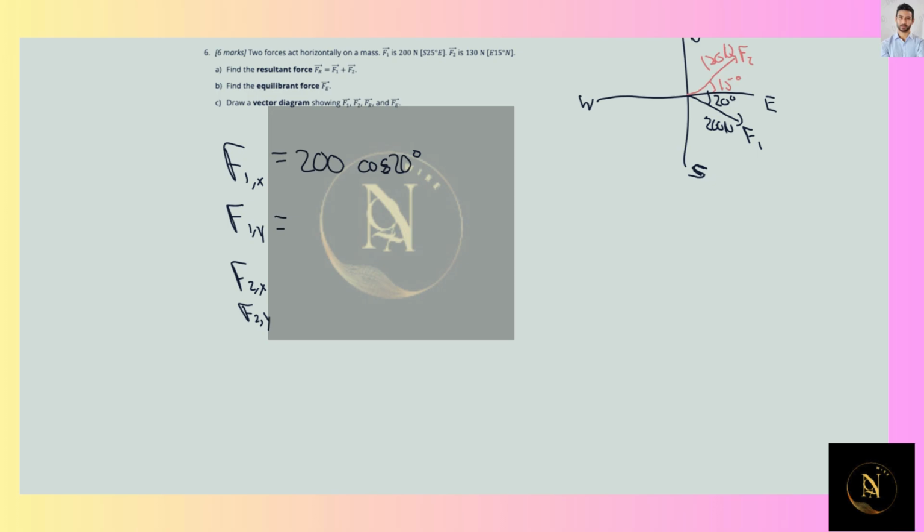The y component, as you can see, it's going to be negative, would be minus 200 sine of 20 degrees. And for the force 2, the x component would be 130 cosine of 15 degrees in this case. And the y component, it is going to be now positive, as you can see from our diagram, would be 130 times sine of 50 degrees. So the results are going to be